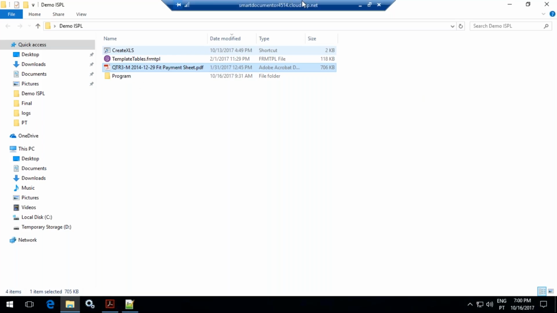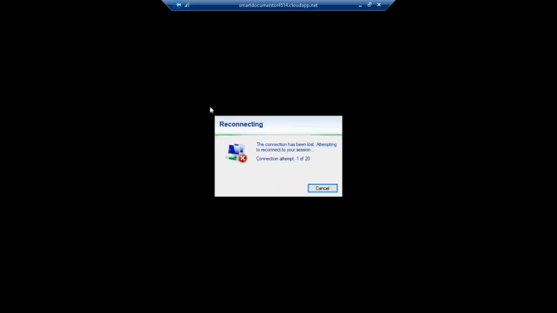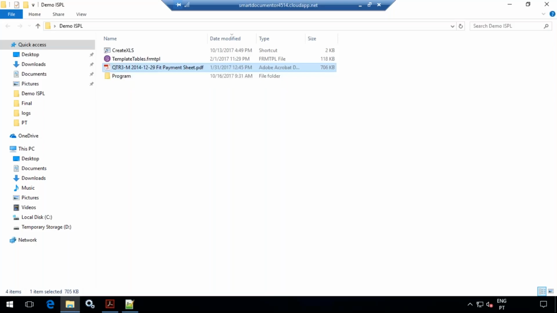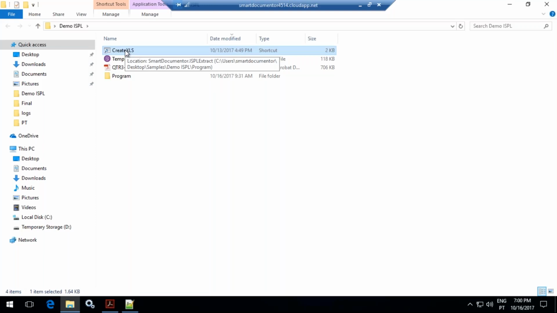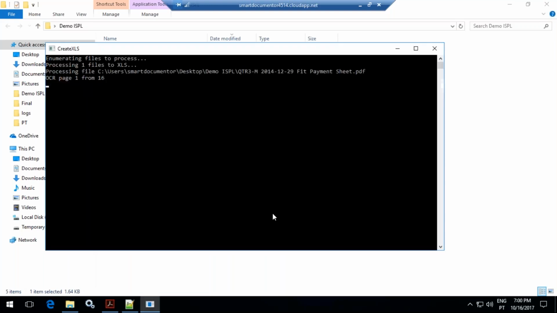I just lost the connection. The machine is on Azure. I cannot show you the real demo, but I'm using this console application to do the same.